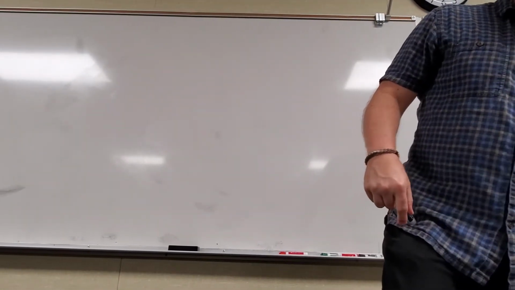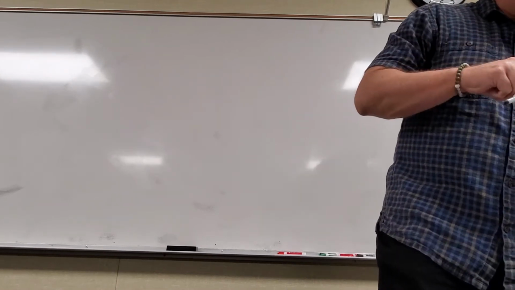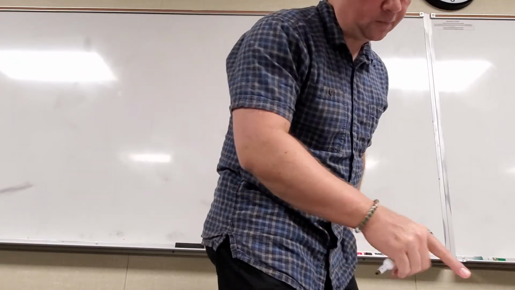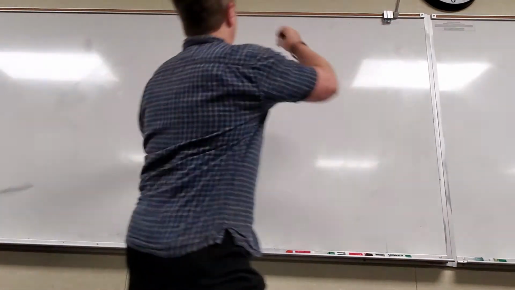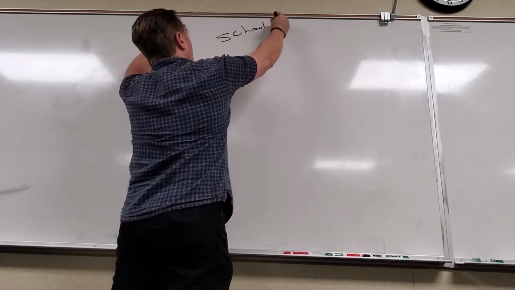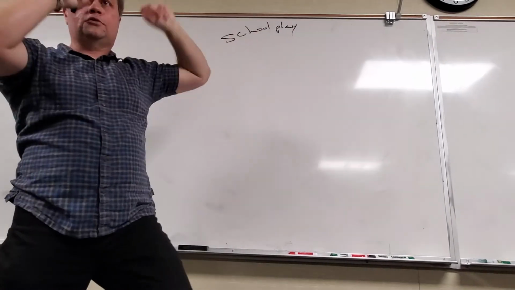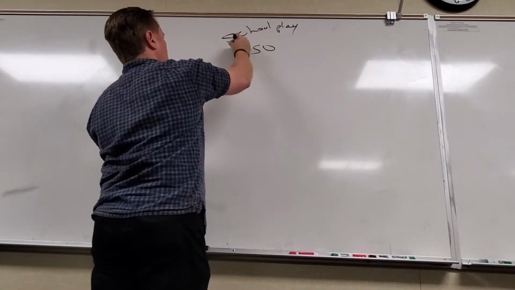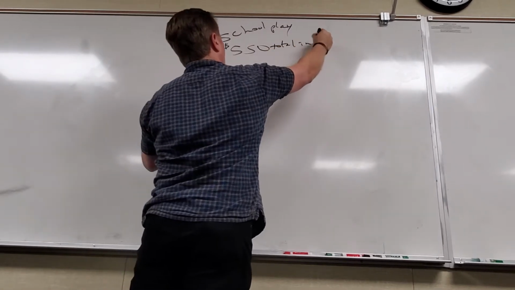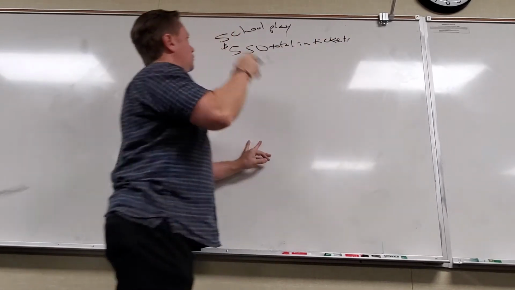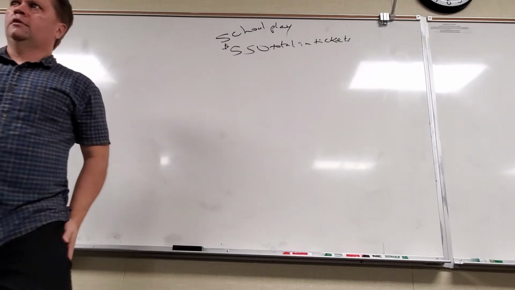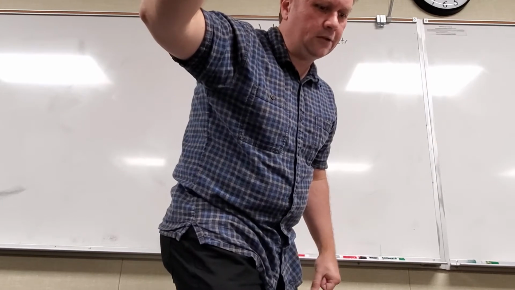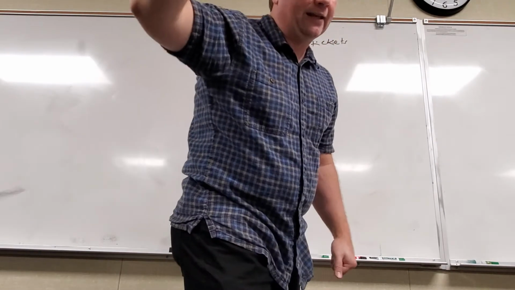Let's see. Here we go. I don't remember what I assigned here. Probably this one. Let's do this one. Here we go. A school play. They sold $550 worth of tickets. The number of $8 adult tickets was 10 less than twice the number